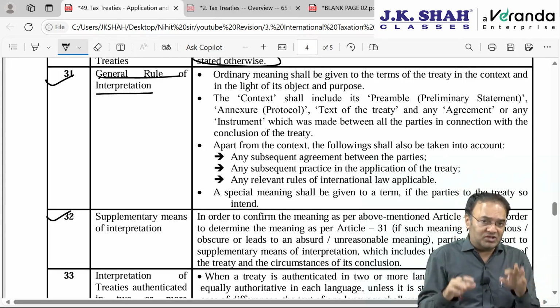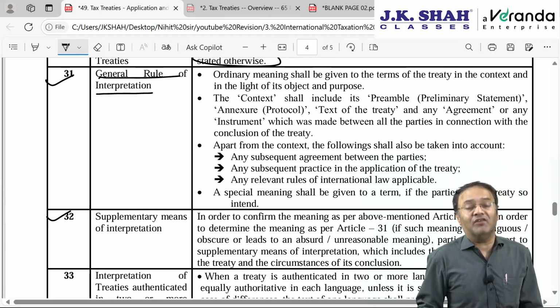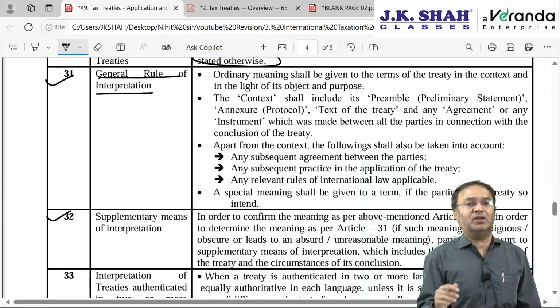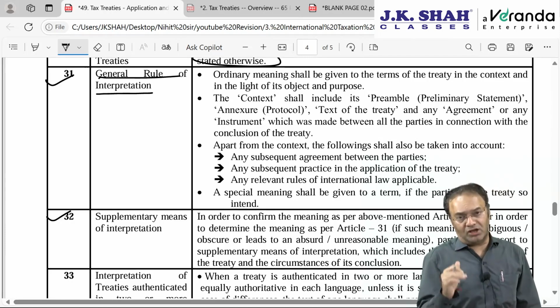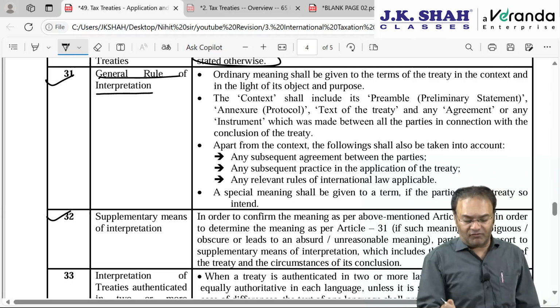And for those countries which have signed it, 116 countries, it will have a binding effect. Earlier it was in the form of a customary principle which did not have binding effect, but now that it is converted into a proper law, it will have legal binding force.